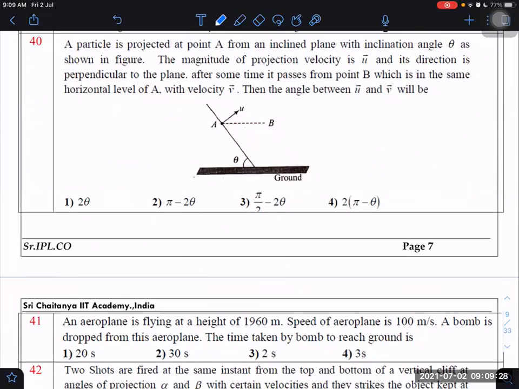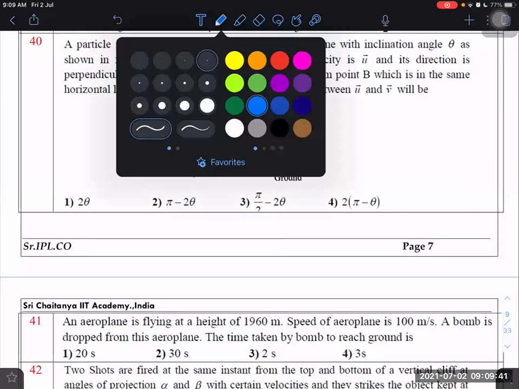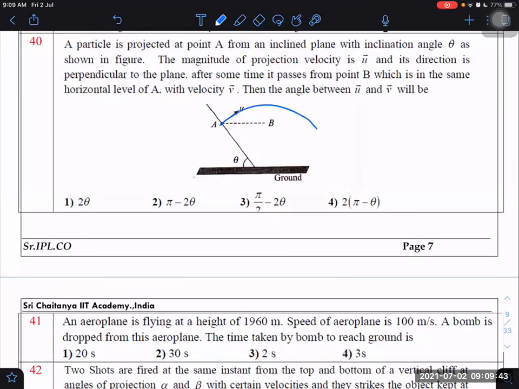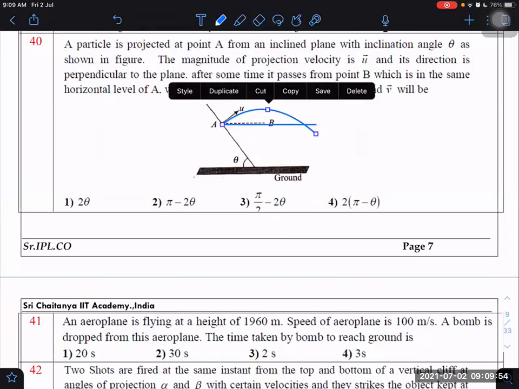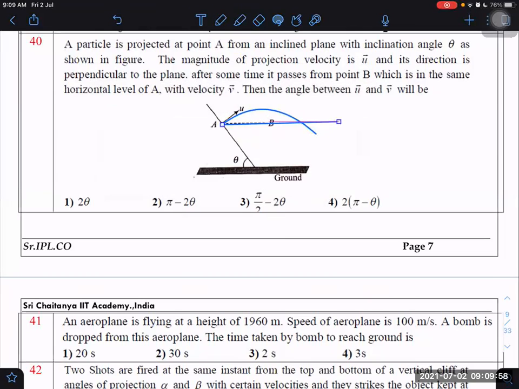That is perpendicular. Angle between u and v. Simple question only. It is going this way. You should have finished this assignment question already. If some assignment is given, you do it. Just you saw the name relative motion and you thought that we should not do this. There is nothing like relative motion here. All are simple questions only.